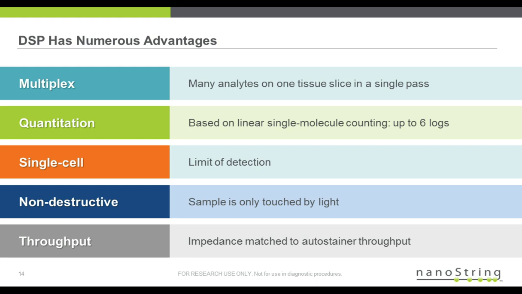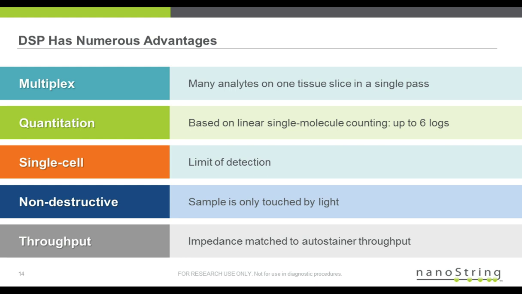One of the advantages of the digital spatial profiler, the first, is that it's highly multiplex. Instead of having one slice of tissue and only getting 4 answers, now I have one slice of tissue and you can get up to 800 answers at a time. The other aspect is the quantitation. Normally in a microscope, you measure something and it's like, well, how bright green is it? That's a very hard thing to quantitate, and oftentimes people will literally say that's a 3+ signal of how green that particular area is. Not a very quantitative technology.